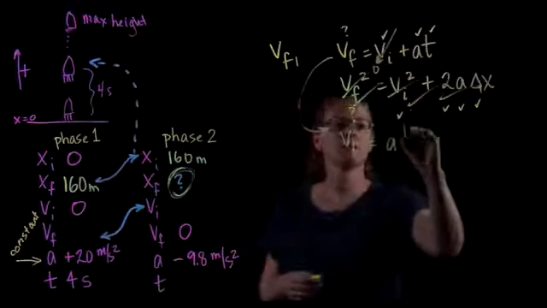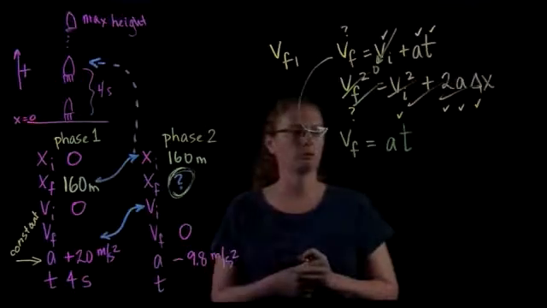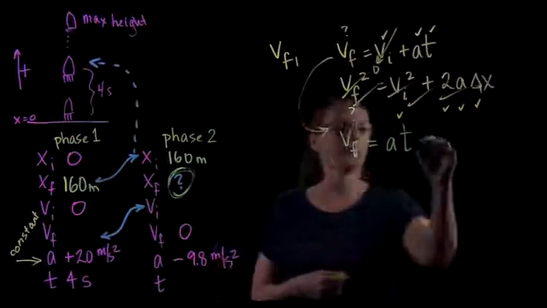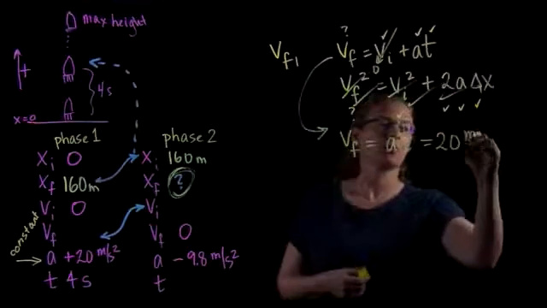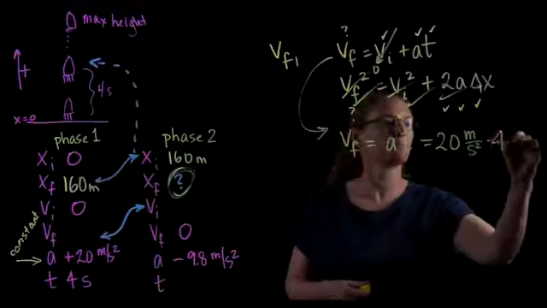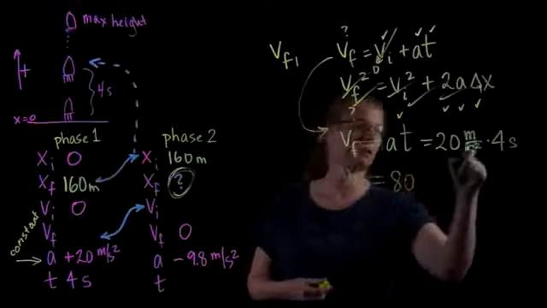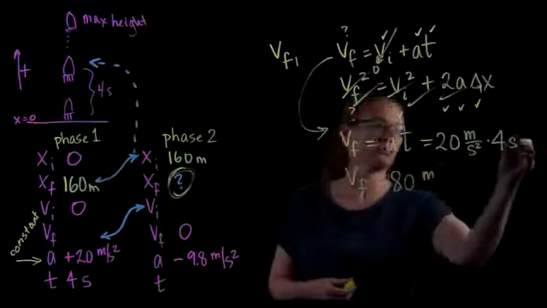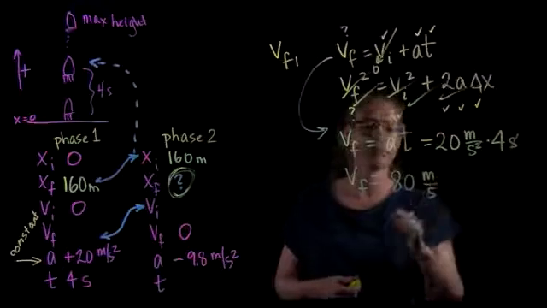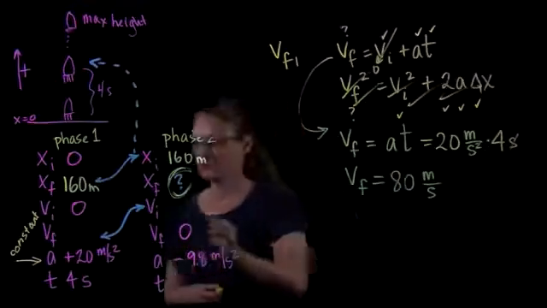I'm just going to be left with v final is equal to acceleration times time. Well, that's pretty easy, isn't it? I think we can do this one in our heads. 20 meters per second squared times the time, 4 seconds. I end up with a v final of 80. And let's see, meters still on top. One of these cancels with that one. Meters per second, that's the right unit for velocity. All right, so 80 meters per second,